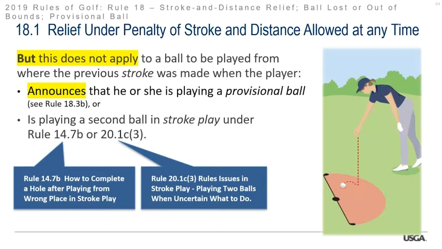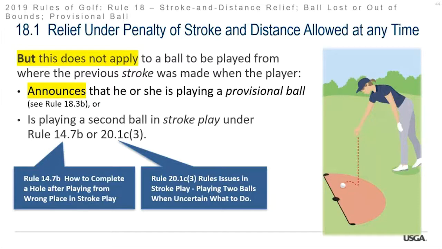So 18.3b is going to cover all the situations with the provisional ball, but if you have announced that you're playing a provisional ball, you're okay to go ahead and play that provisional ball, and still the original will be available to you if we find it within the 3 minute time limit. Or if you're playing a second ball in stroke play under 14.7b or